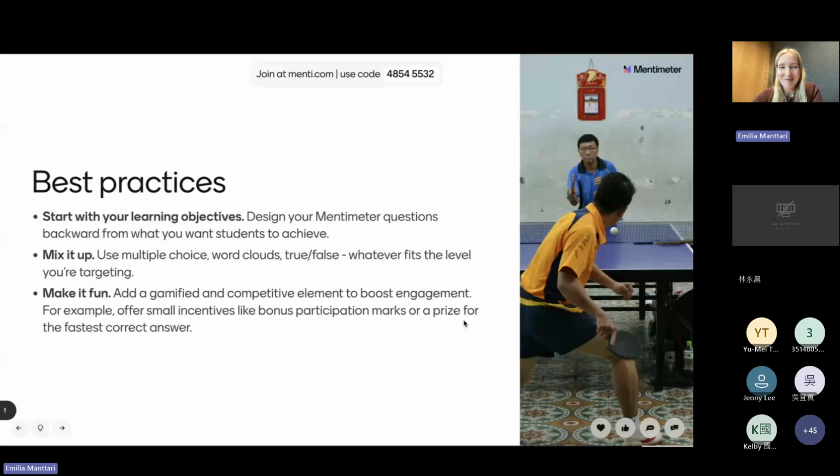And the final tip, I always recommend to just make it fun. We do, for example, have quizzes as well, so you can really gamify that learning and add that competitive element. And then, like we had, for example, the voting on the responses. So if you want to add that kind of competition of come up with your ideas, and then we're together going to decide what is the best idea, and that student is going to win a prize or get extra credits, whatever it might be. That way you can really incentivize your students to participate more.